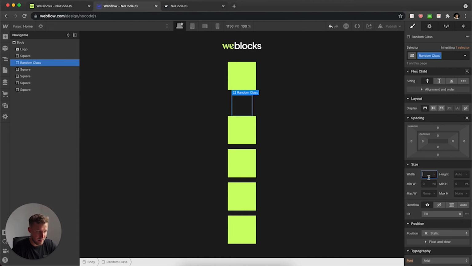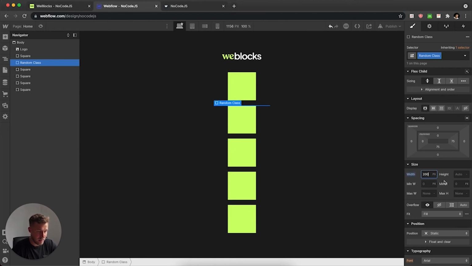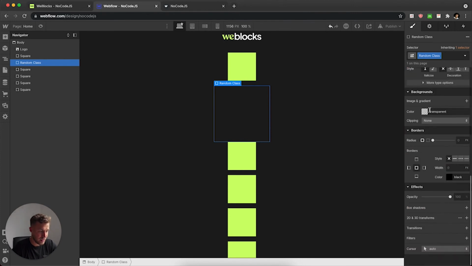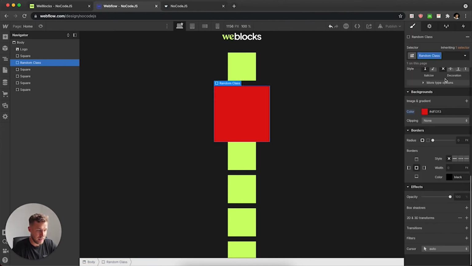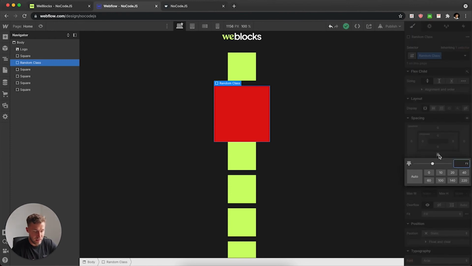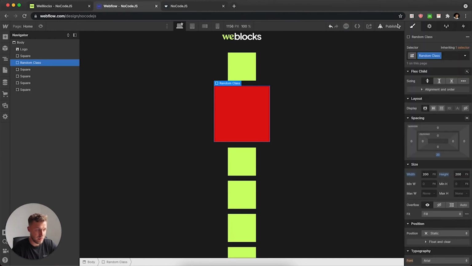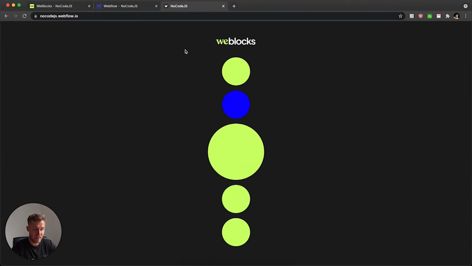And let's make it 200 pixels, and let's make it red, and let's give it a margin bottom. Okay, right now, if I publish this, even if it has a random class, it will still have